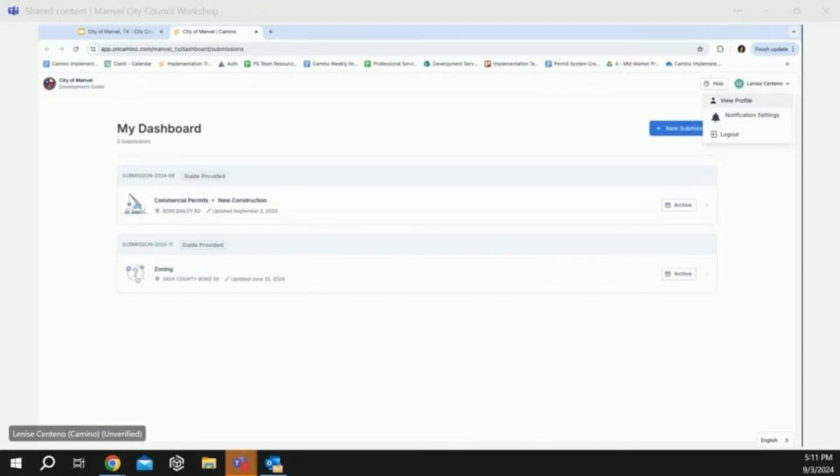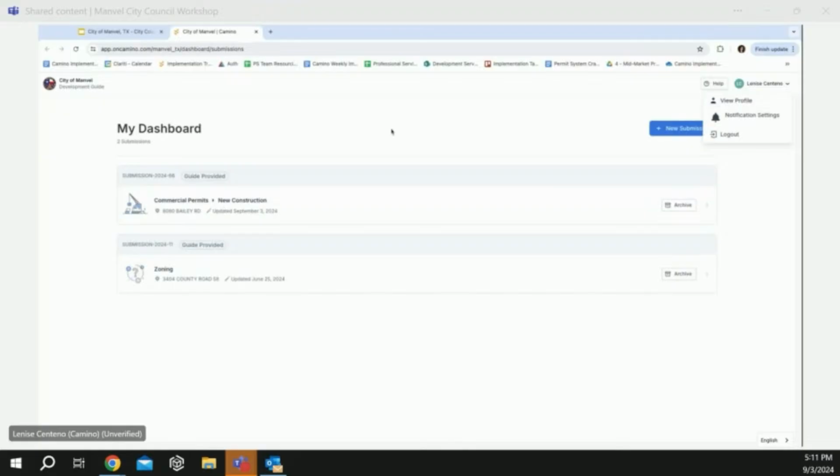One of the benefits of creating an account is I have this dashboard here where I can look at previous guides that I worked on and reviewed. That's great if maybe I'm just getting a little bit of information and I'm nowhere ready to do any building, to refer to it. I can also check things off. We'll dig into that too. There is an option in what we've implemented for the city to also have a guest mode. So if you don't want to create an account, that's okay too.